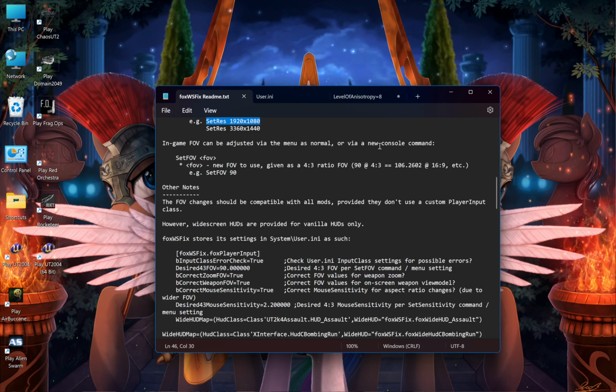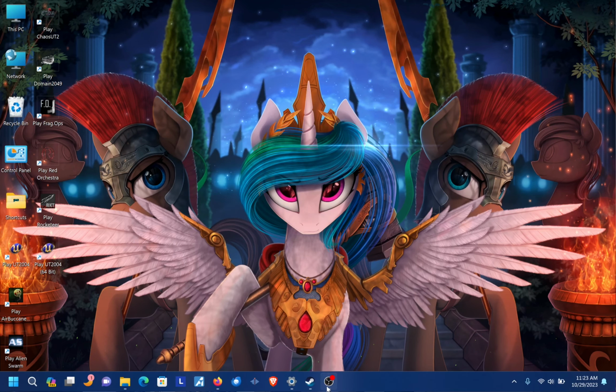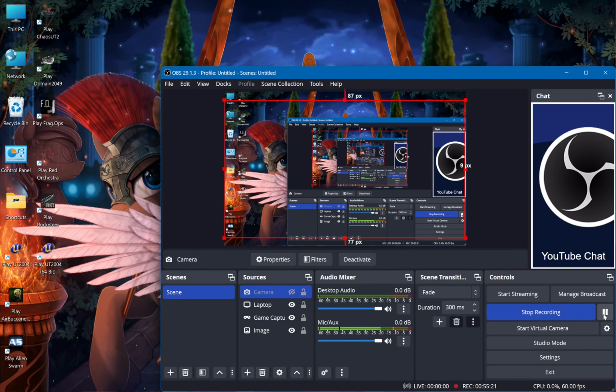So it seems like everything is working. We can also set the FOV in the console. It'll default to max to 100. But the FOV should be fine the way it is set up right now. So the next thing that we're going to want to do is set up